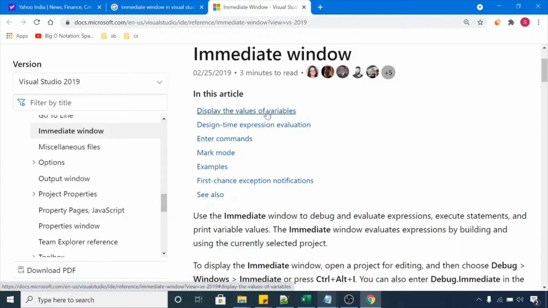Okay, and the next benefit is design time expression evaluation. Let's suppose in your application you have 10 different methods or functions. Now you want to test these functions individually without debugging the whole application. You can call any particular method from the immediate window. And the third benefit is entering commands. Like if you want to evaluate any expression, you can do that in your immediate window. So we will explore these first three